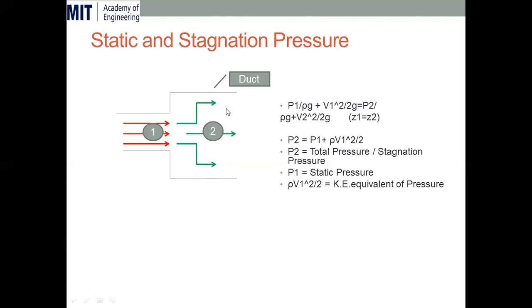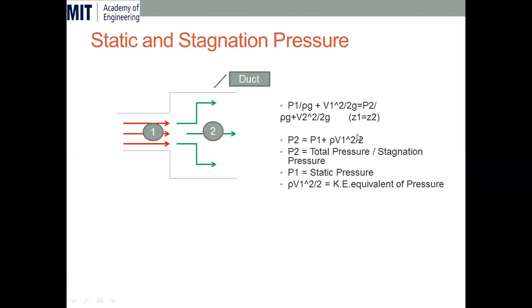As per the basic energy conservation principle, suppose one form of energy disappears, that should be converted into another form. In this case, we have decreased the velocity at section 2, which means we have decreased the kinetic energy. Then this kinetic energy equivalent will result in increasing pressure at point 2. So P2 is P1 plus these things. So this P2 pressure is always greater than that at point 1 or section 1.